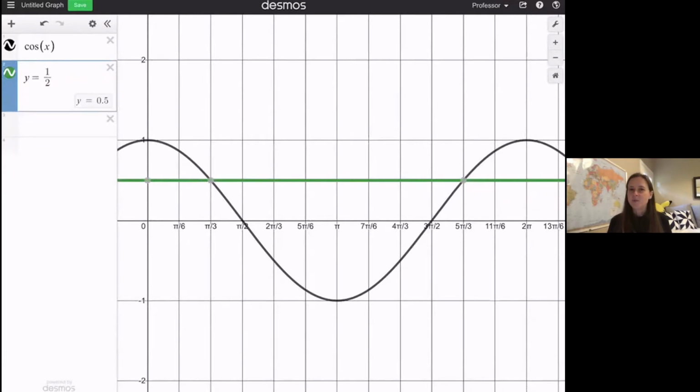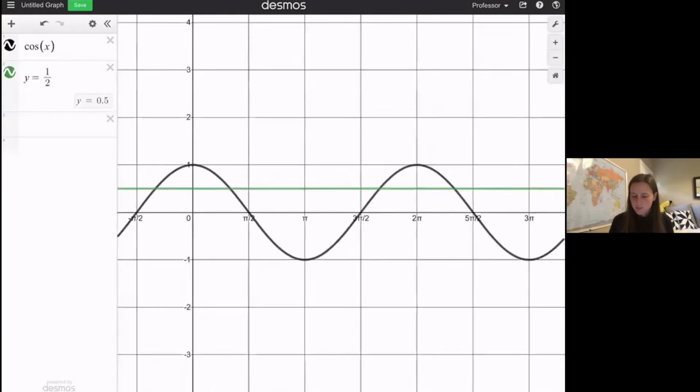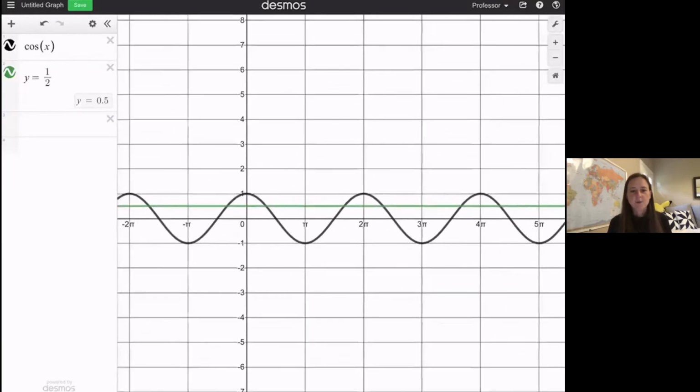All right, but if I zoom out, you see a little bit more to the story. Because cosine keeps repeating its shape over and over again, it's going to have that y equals 1/2 y coordinate over and over and over again. And again, this is because our unit circle cycles around. We go pi over 3, 5 pi over 3, and then we're going to get 7 pi over 3, and then whatever this pi over 3 is down here that's bigger than 2 pi. And we can keep finding an infinite number of solutions. We can find an infinite number of x spots that have y equals 1/2 as a y coordinate. All right, but they're all going to be coterminal spots to that pi over 3 and 5 pi over 3